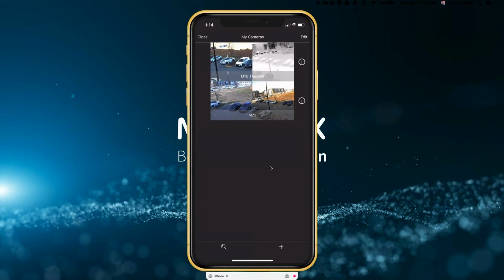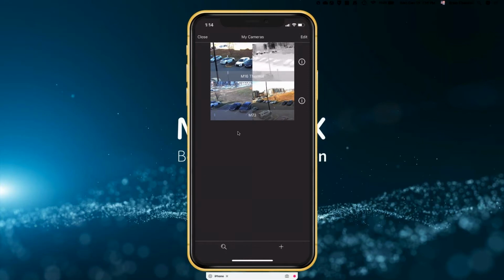These are reference images, by the way, that you're seeing in front of you now. Those are not live images. And again, the reference image basically is if this camera were to change position, let's say if I were to reposition this camera, let's say my M73 over to the right, I may want to have a different reference image. So that reference image would give me an indication, okay, what camera am I looking at?